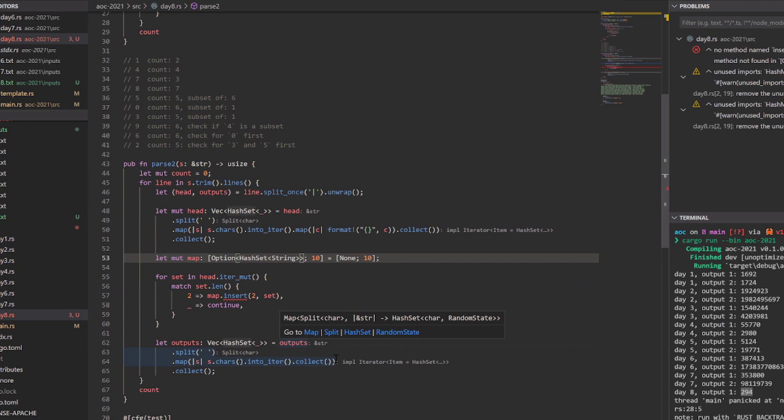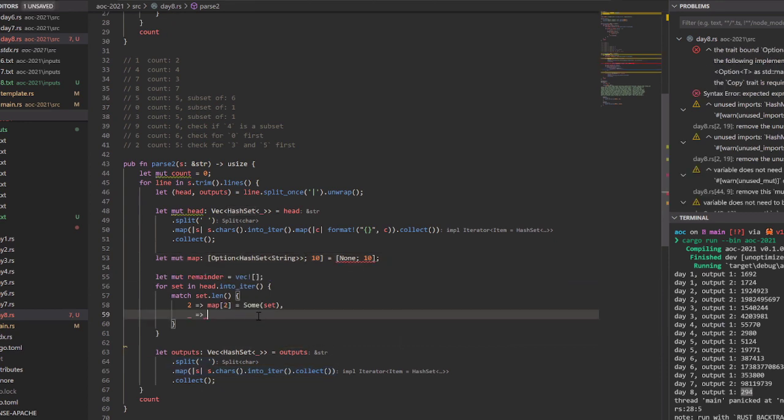Map to equals set. Is that it? Yeah. Found mutable reference. Oh yeah, we need to do iter like that, and then otherwise we have remainder equals vec. This is super inefficient, but push set. Yes. Ah, okay. Yeah, I did the opposite. I erased everything from our